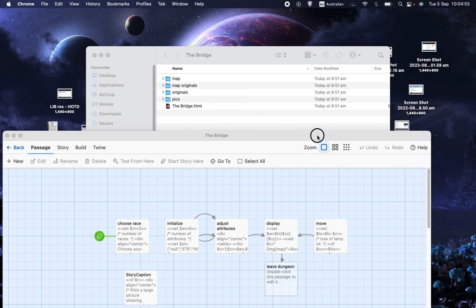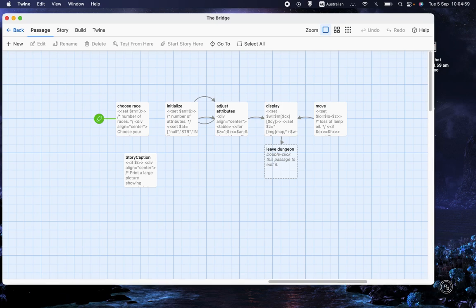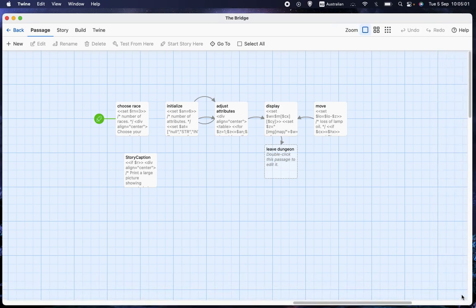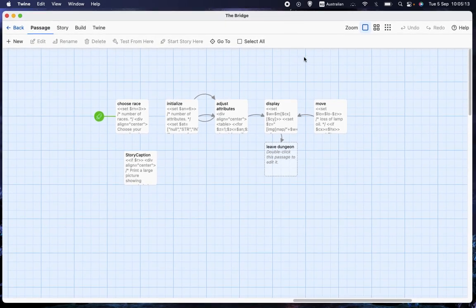But let's get into the code, get into Twine. Now, on different computers and different web browsers, the game can look slightly different. Specifically, the default color can be different. And so far, that hasn't mattered. But it does actually matter now because the